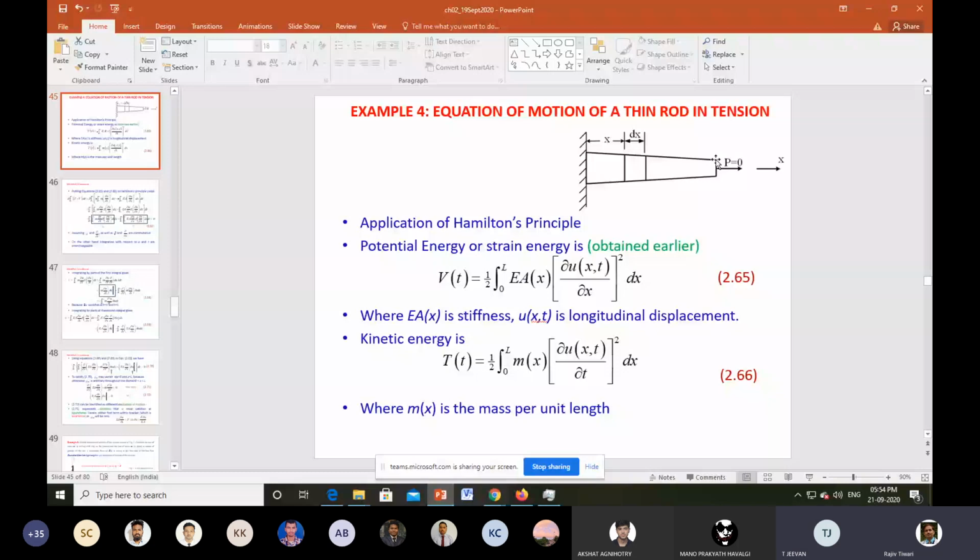Okay, this will be more clear when we go to the beam case, in which things are more complex, because there not only the displacement, slope is also involved. Once slope is there, then we have shear force and bending moment. So four quantities are there, and things will be more clear there. At present, the purpose of this example is to illustrate Hamilton's principle, how it can be applied to get the equation of motion. Again, we'll come back to this differential equation, solve them, and physically interpret them.